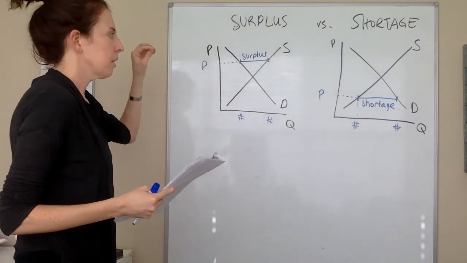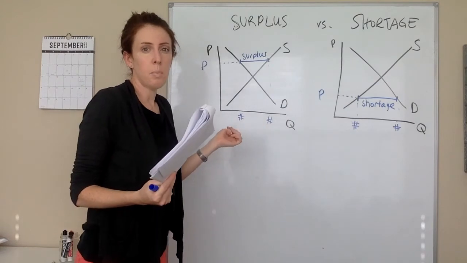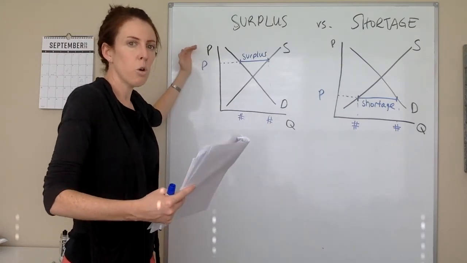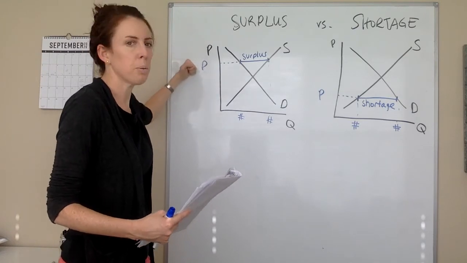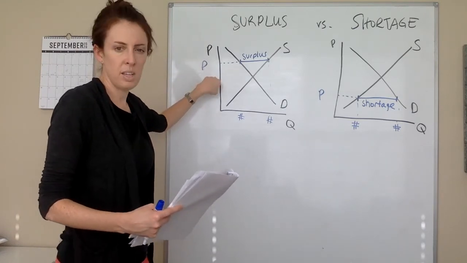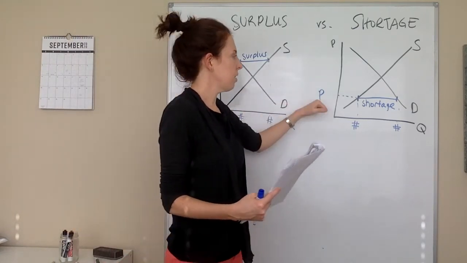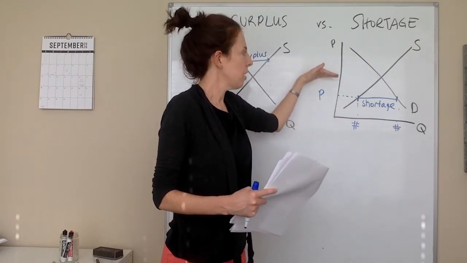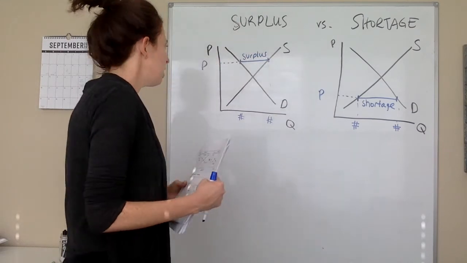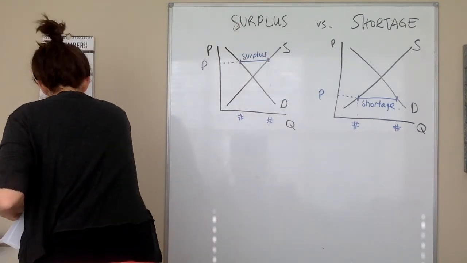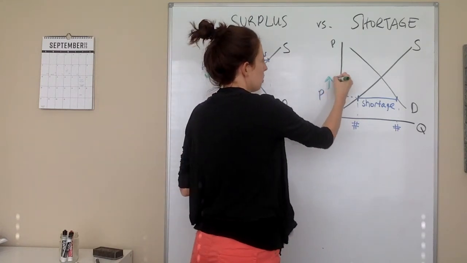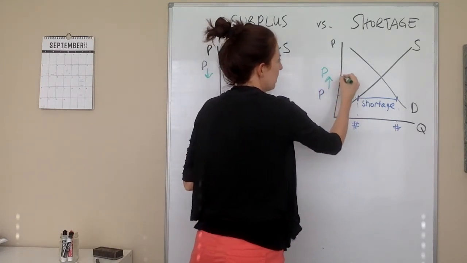Okay, again, what is possible is that a market may start out with a price that's too high. If that's the case, then the forces of the market are going to push the price down so that it gets to the equilibrium. Maybe the market starts out with a price that's too low. The forces of the market are going to push the price up so that we get to the equilibrium. So eventually, we always have momentum that's shifting the price towards the equilibrium. Once we get to the equilibrium,